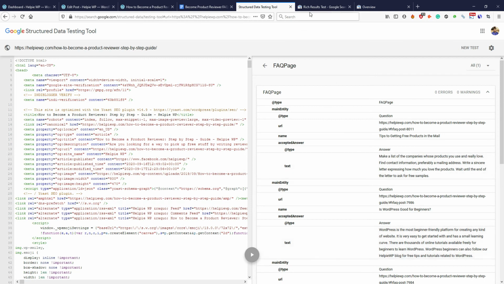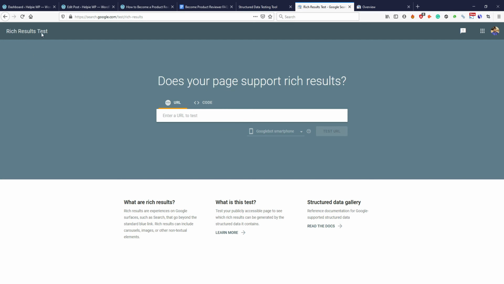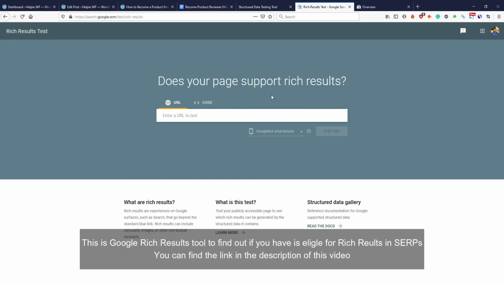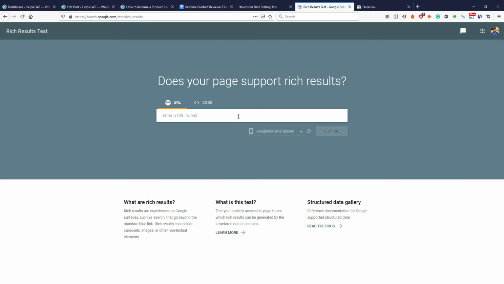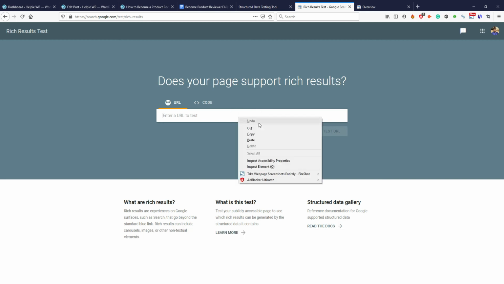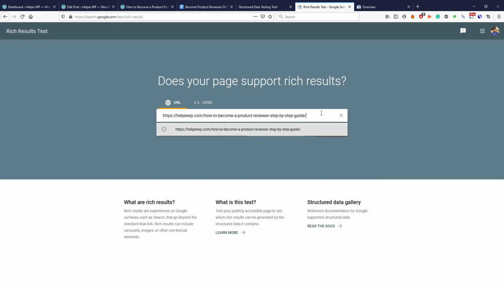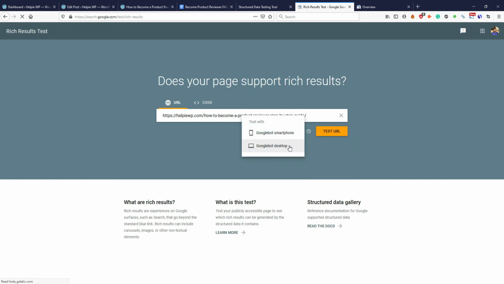There is also another tool called the rich results tool. This tool will tell us if our page is eligible for rich snippet results. So let's copy and paste the URL here. You can choose between a Google smartphone or a Google desktop. Let's choose desktop for now and click test.